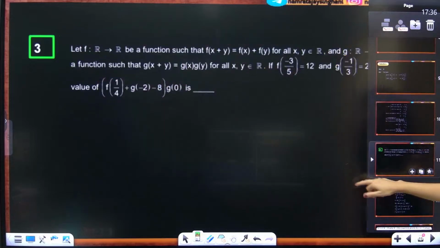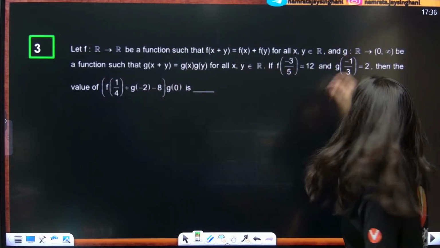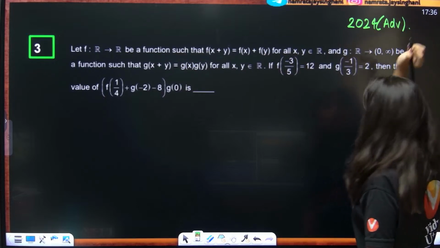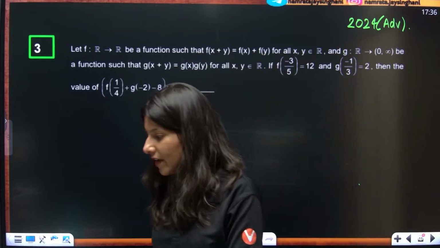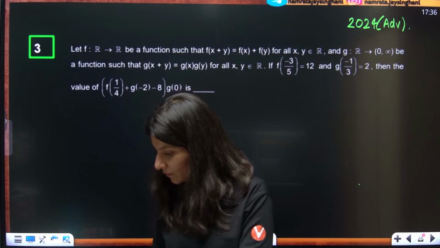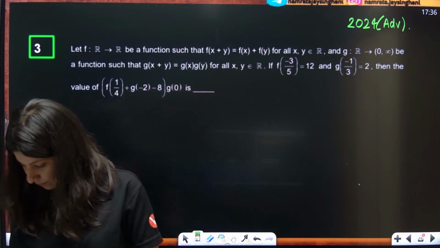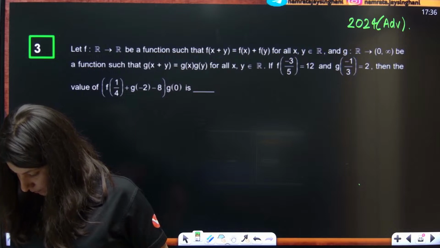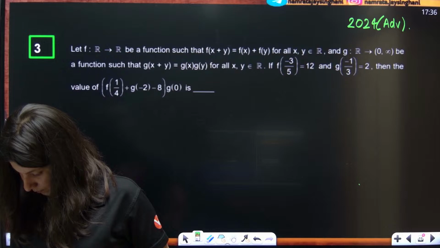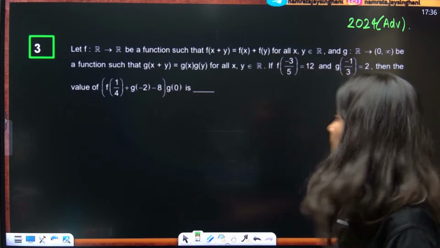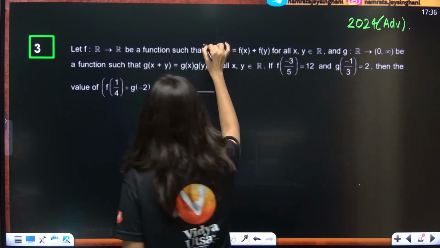Okay, next question on your screen. Now this is also a JEE Advanced 2024 question, my dear students. And you will be stunned, mind blown, that this question is also again not a very, very difficult question. All right. Yes. So this functional equation